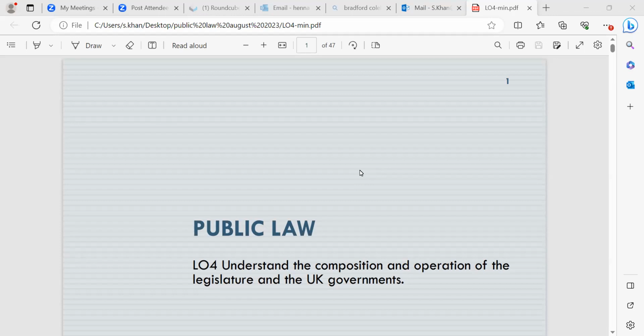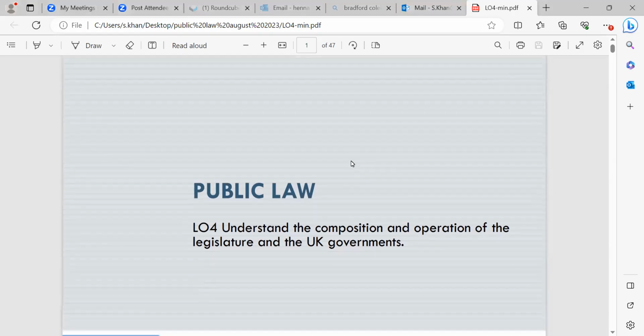In the last session, I'll give you a summary of what we did, so you've got a better idea, which was learning outcome 3. We looked at the meaning and consequences of rule of law and parliamentary sovereignty, and we looked at the importance of the rule of law, which is to provide equality for all, so everyone should be treated the same, and no man is actually punishable unless there's a law in place. We looked at the definition of rule of law.